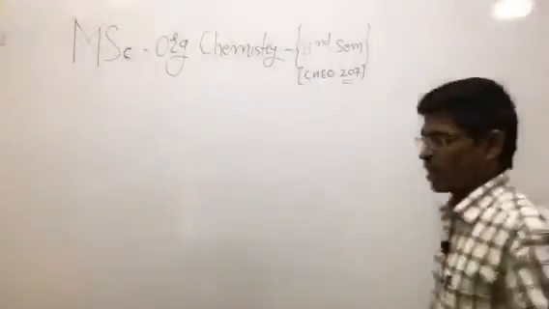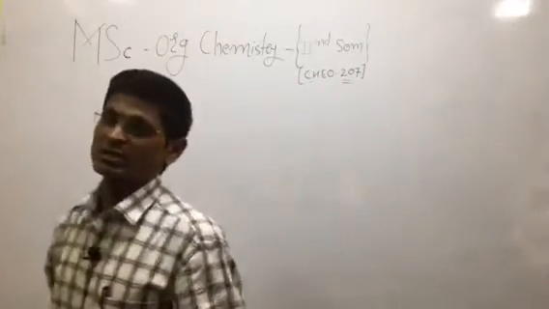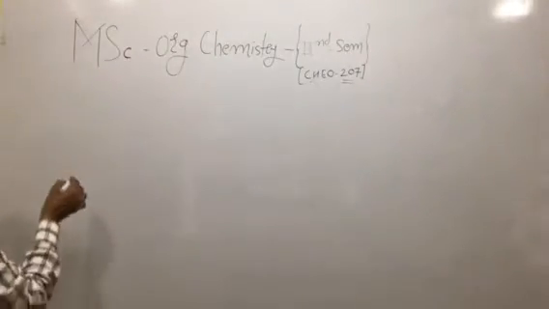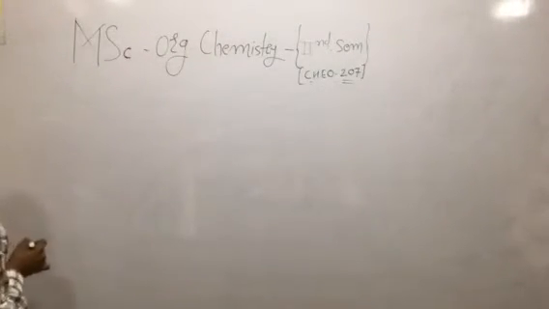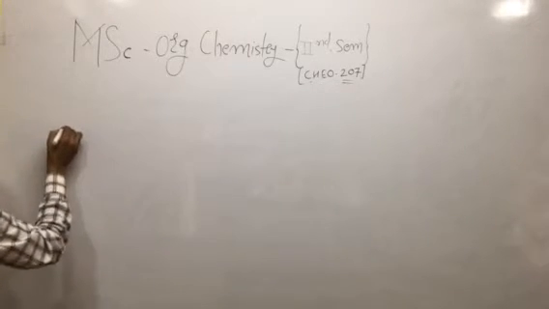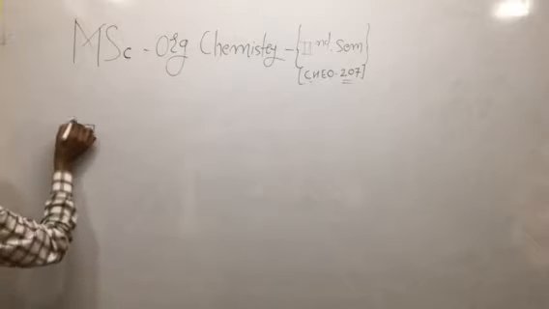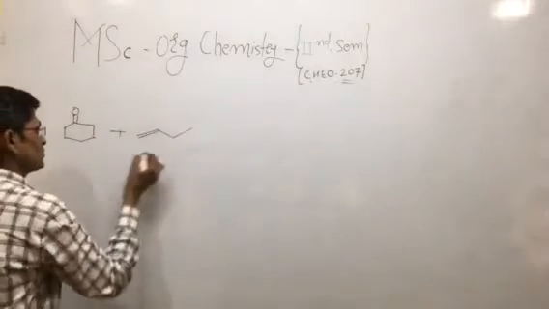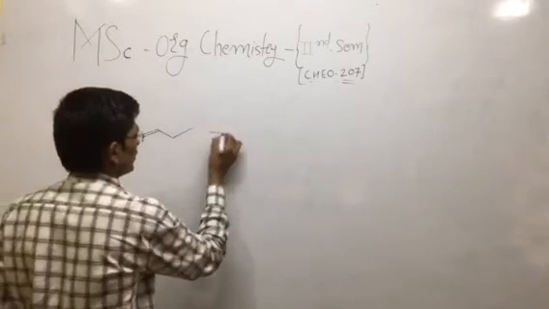Here, in continuation of our parts, that is electrophilic substitution reactions and nucleophilic substitution reactions. As part of the nucleophilic substitution reactions, in the previous lecture we studied the Michael addition reactions. If we have starting reactant molecules, an active methylene group, it reacts with an alpha beta unsaturated carbonyl compound.